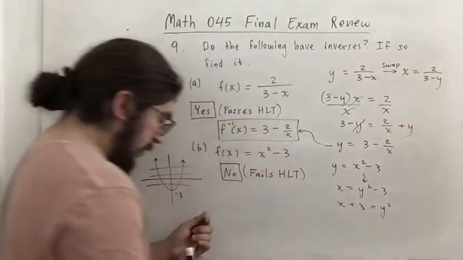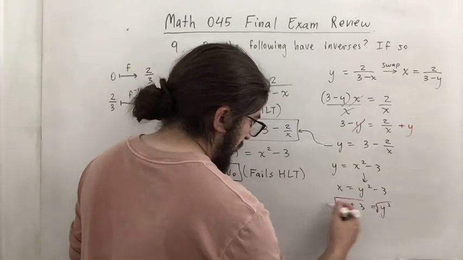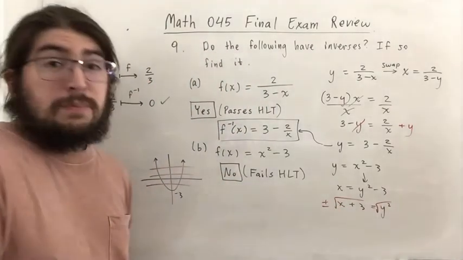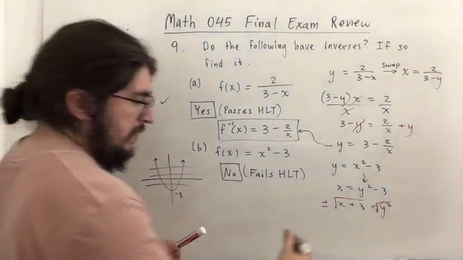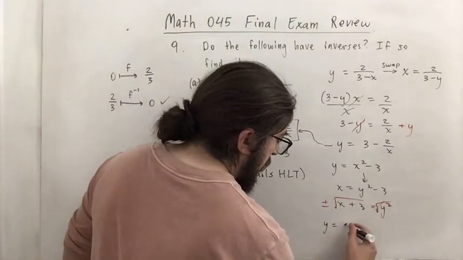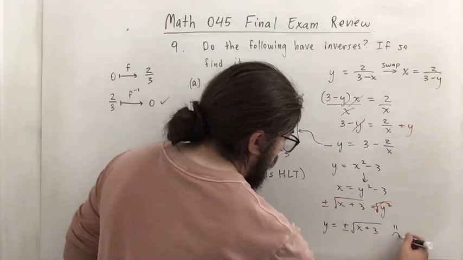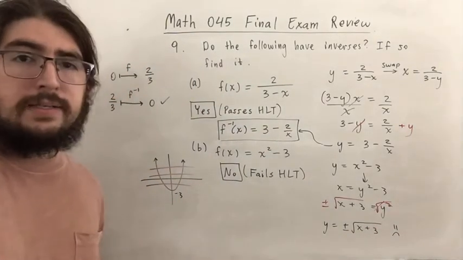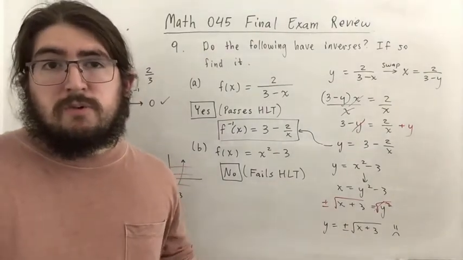And at this point, to get y by itself, you can square root both sides, but when you square root both sides of an equation, remember that you get a plus or minus. So the radical and square cancel, but then you get y is equal to plus or minus the square root of x plus 3, and those are two outputs for the given input x. So if you plug in 1, you get the square root of 1 plus 3, which is 4, but y